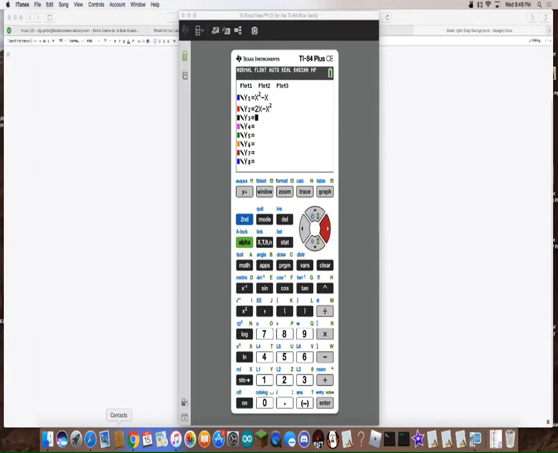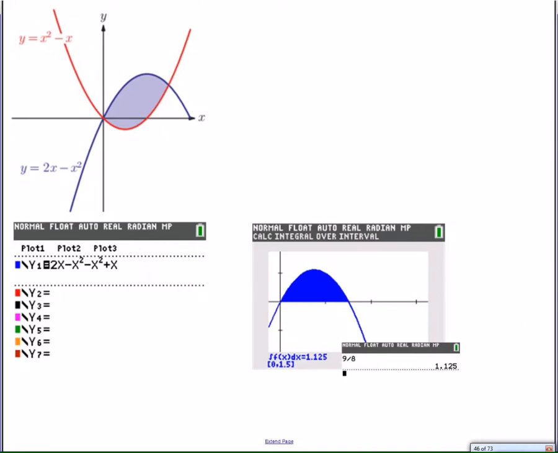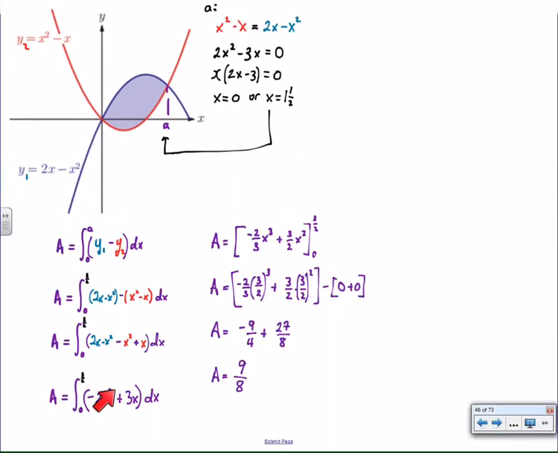Now with the calculator, you could enter in this simple equation right here, negative 2x squared plus 3x, but we want to make sure when we're using technology that we're also checking to make sure we didn't make any mistakes in our basic algebra. Sometimes it's the easy algebra that makes us wrong somewhere, and it's harder to find those mistakes because they're hard to find. So instead of trusting my own algebra to get to this resultant function,